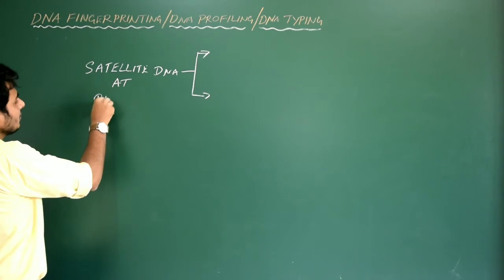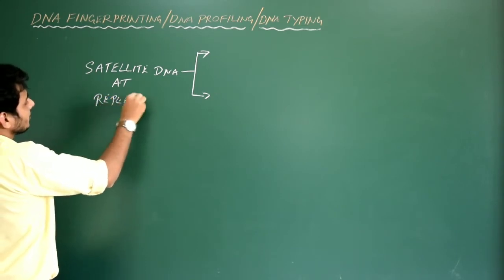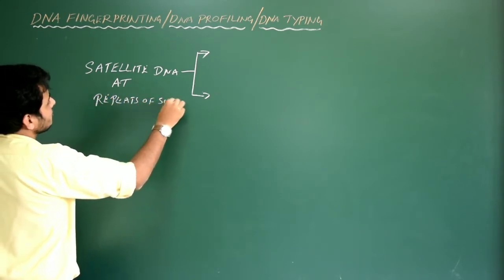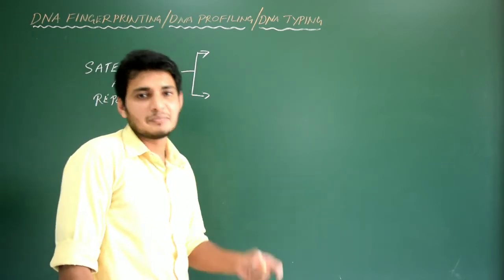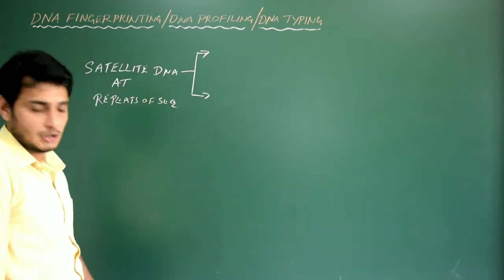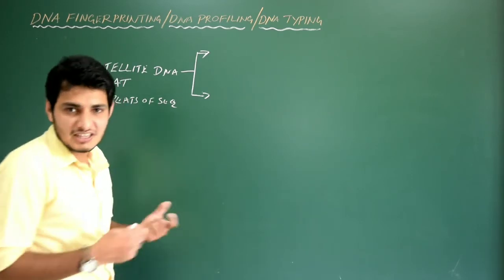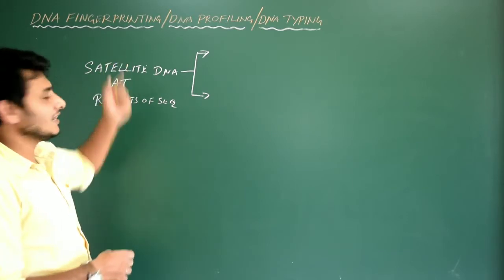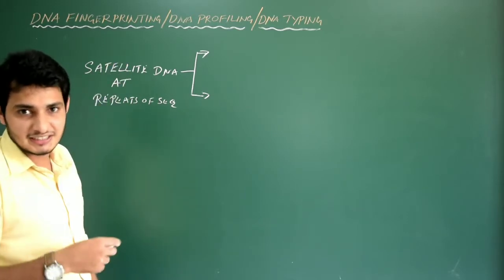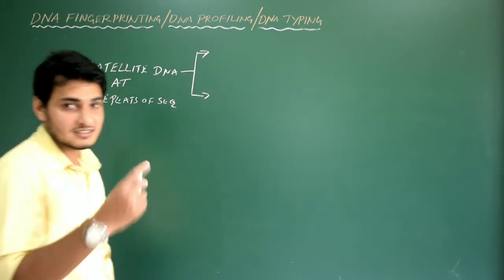It is nothing but a DNA segment that contains repeated sequences. That is actually called satellite DNA. Got it? Okay, GATA is a good example of satellite DNA. I have got 6 GATAs, that is satellite DNA. Srishant has 4 GATAs, that is satellite DNA in Srishant's case.